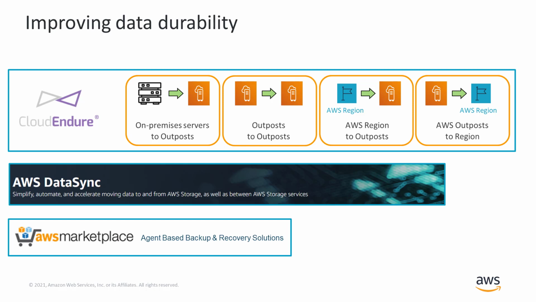So I like the patterns that we have here for being able to use these mechanisms to protect the data that's stored on our premises, making sure that it is also stored someplace else, and being able to give us these options. Customers have a lot of choice when it comes to moving data from on-prem to outposts, outpost to outposts, outpost to region, or even region to outpost. So love the patterns. So just wrapping up here, Scott,